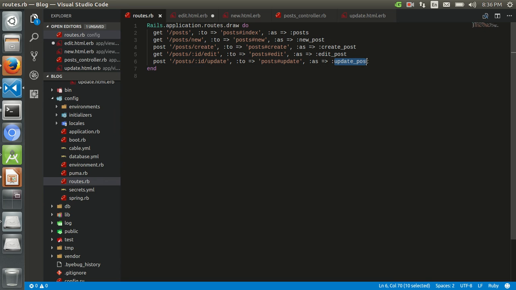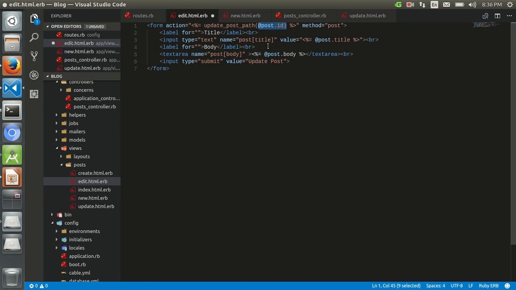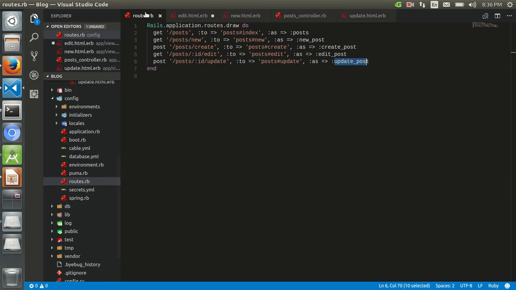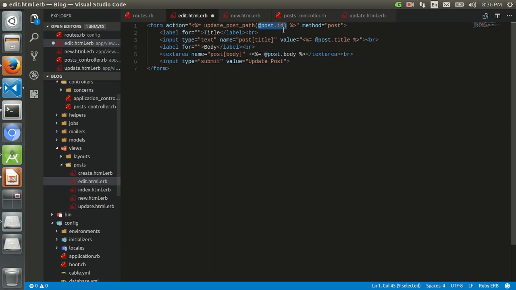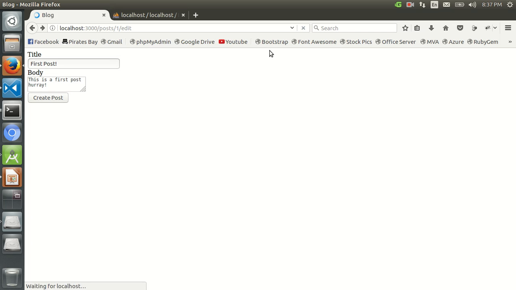These are called named routes, and these named routes are actually methods, and these methods can take arguments whenever these routes have dynamic variables. Now I have just one dynamic variable in my route. So I just give that one particular id in that method. So now if I go ahead, reload the page, and now I say first post edited